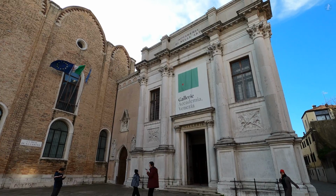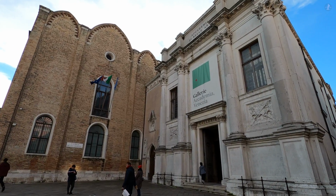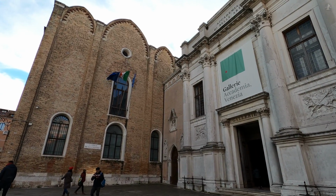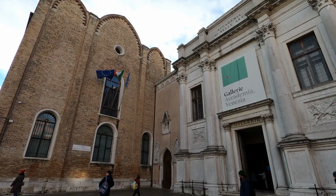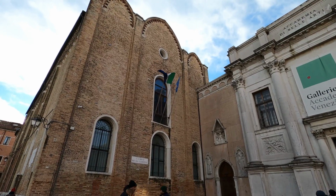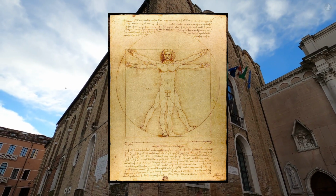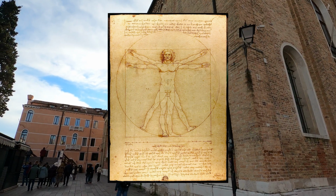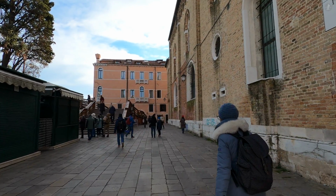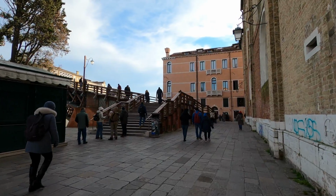is the famed Gallerie dell'Accademia, the Academy Galleries, which began life as the gallery displaying the Academy's own art collection, but which grew into an independent art museum that today displays some of the finest pieces of Venetian art in history. The most famous artwork inside the galleries, though, is by the Florentine artist Leonardo da Vinci, that being his iconic Vitruvian Man sketch, drawn around the year 1490. Although you'll have to be very lucky to catch a glimpse of the drawing on a visit to the Academy Galleries, as it's only displayed to the public on a few rare occasions, given its age and sensitivity to light